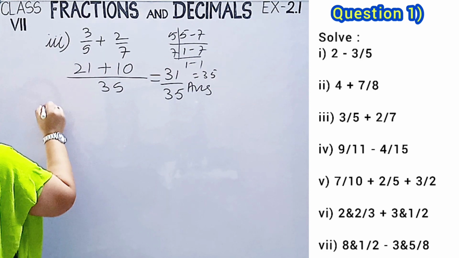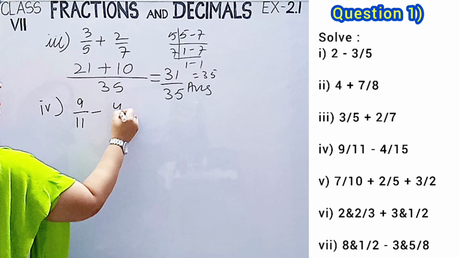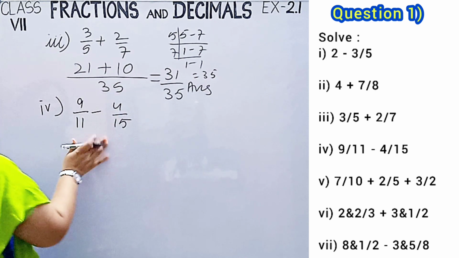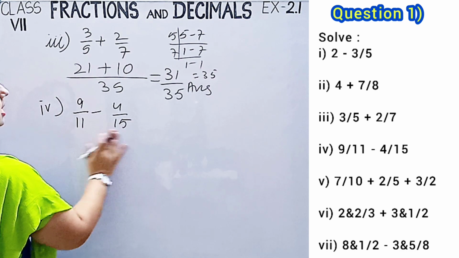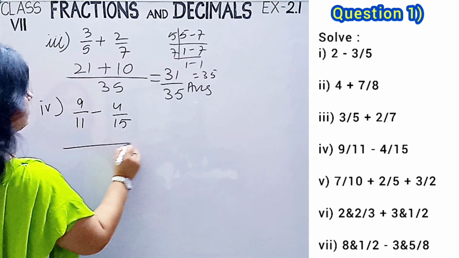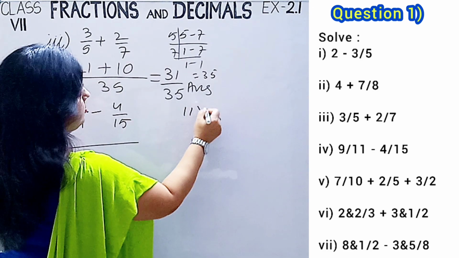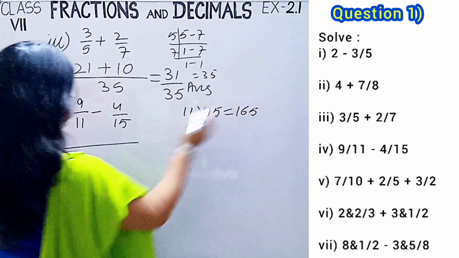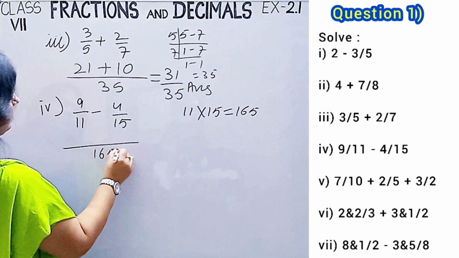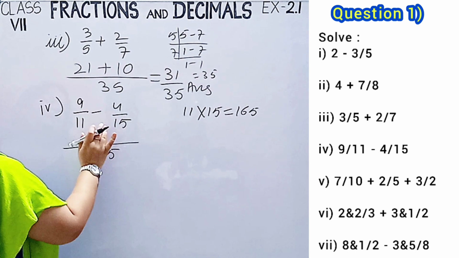Fourth part. 9 upon 11 minus 4 upon 15. First of all, we will take the LCM of 11 and 15. Both are co-prime numbers. So 11 and 15. 11 into 15 is equal to 165. So 165. When we divide 165 by 11, we will get 15 and 15 nines are